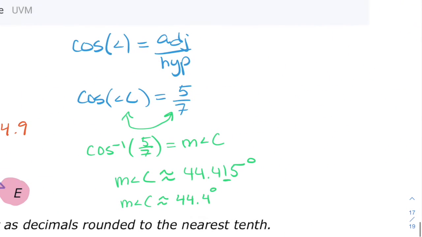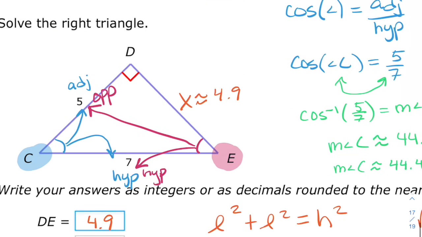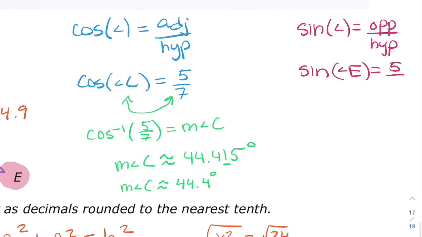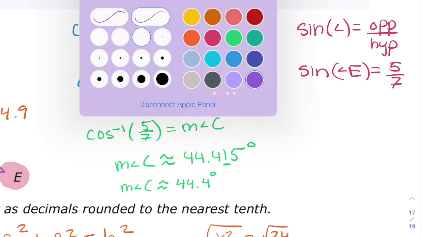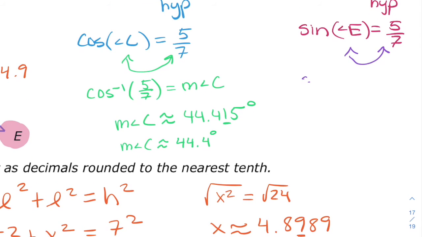So I'm going to say that the sine of my angle is equal to opposite over hypotenuse. So the sine of angle E equals 5 over 7. Again, we're using the same fraction. I'm going to switch angle E and 5/7 and do sine inverse of 5 over 7